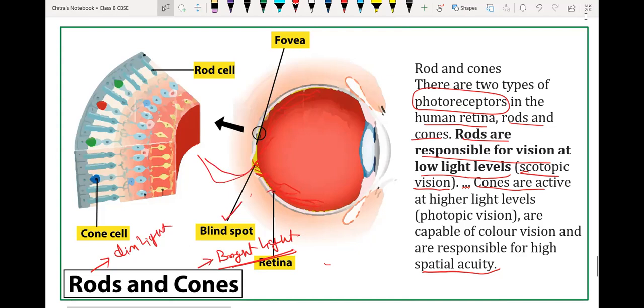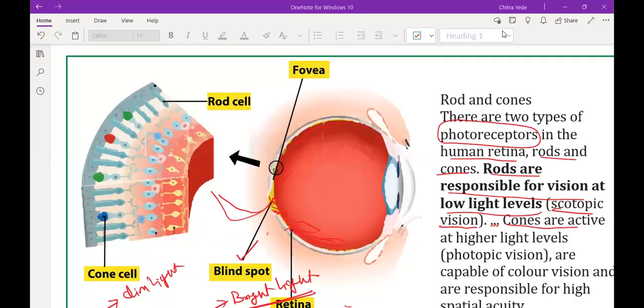Sir, I have a doubt. It's impossible to see an object at infinite distance, right? So how can we see? No, beta. An object present at infinite distance has to be very large. If it is a small object you can't see it because not that much light is coming towards your eye, so its image is not going to form.